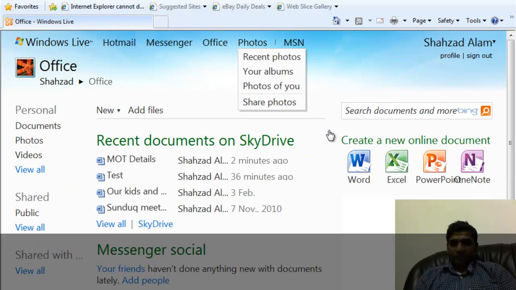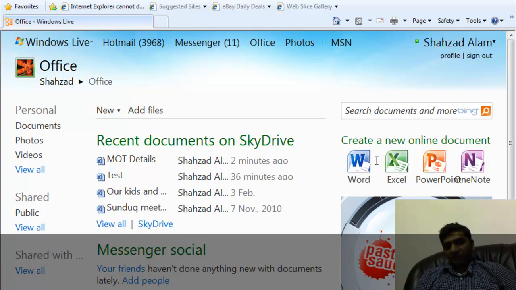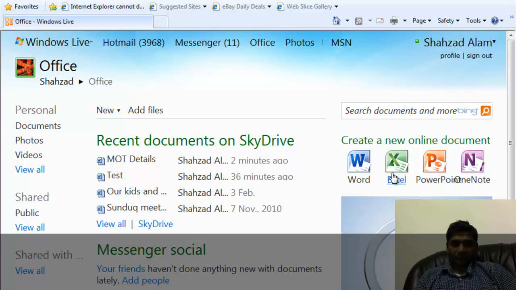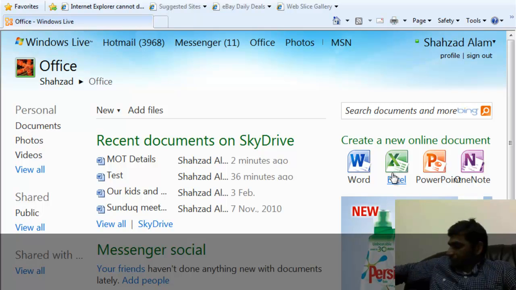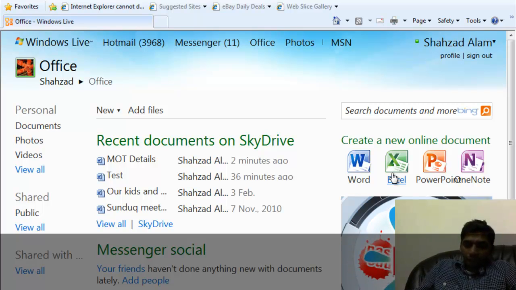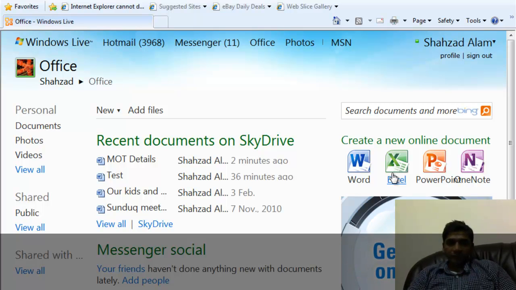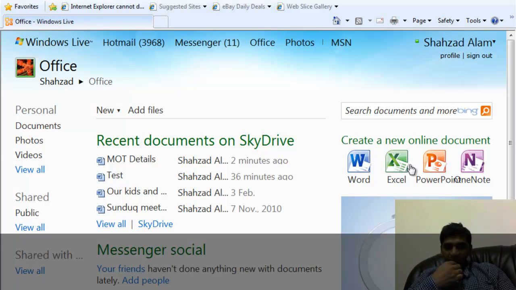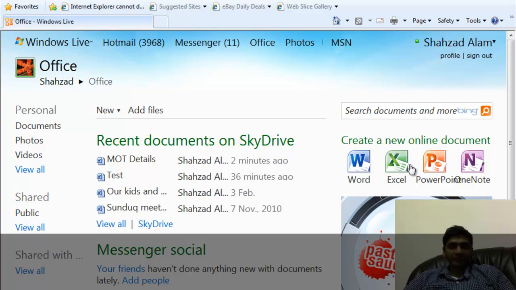Today we have done Microsoft Word, and in the next session we will see how we can create Excel and PowerPoint. They're easy. Now you know, it's just a matter of having an MSN or Microsoft Hotmail address. And once you reach here, you can create these documents and then you can use these services. If you have some experience of Microsoft Office, the interface is almost the same, but there are advantages as I explained,